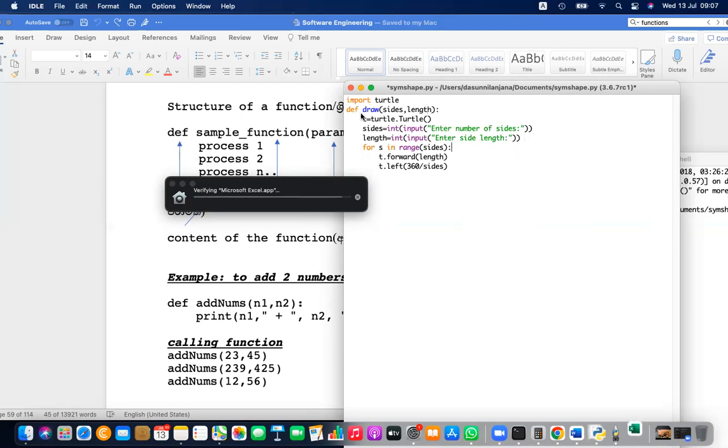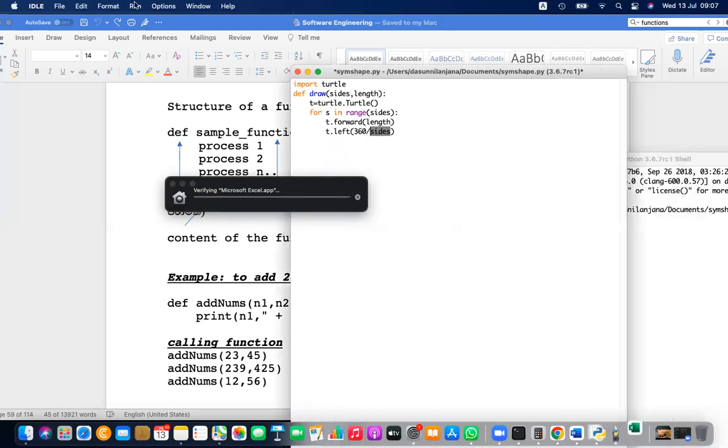Then I'm removing this part. I don't need this anymore because I have parameters to replace it. So sides and the length. So that should be given by the person who executes this function. So let's run this now. This time